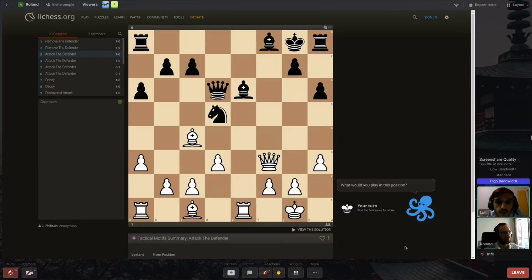Yes, in this case, it's again about candidate moves, I think. First thing we should notice is there is some pin or x-ray between the bishop on c4 and the king on d8. You start calculating the candidate moves, and one of the first moves you have to calculate is rook takes e6. Well, rook takes the bishop, so we eliminate the defender of the knight on d5, or we attack the defender. We can call it in different ways, but basically the point here is that after taking the bishop,